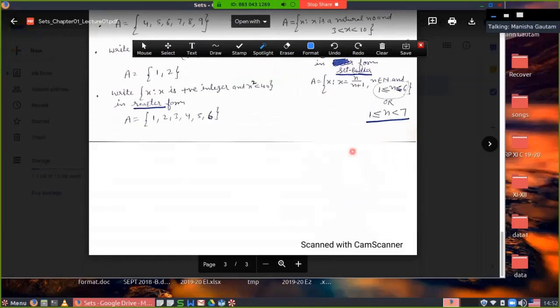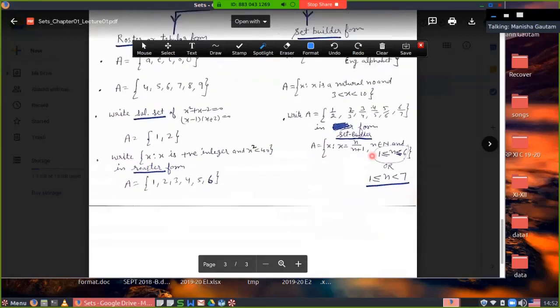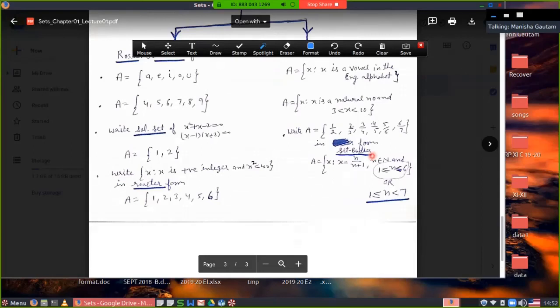You have to make notes of these 3 papers which are given to you. These 3 notes, 3 pages of notes. Make notes and do the exercise given in the assignment. I have given the assignment also to you.